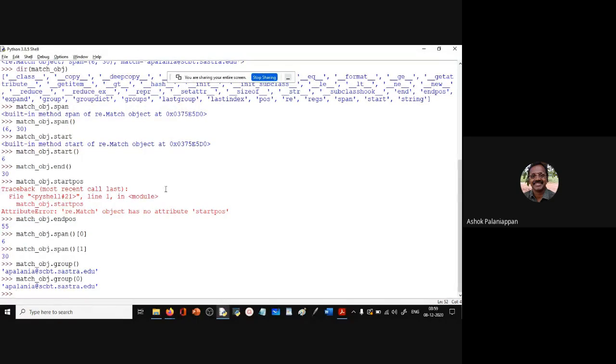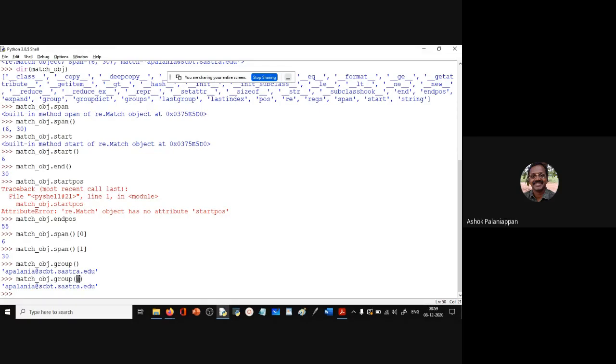Now you see the group can take a numeric argument. This numeric argument tells us which group we are trying to see. We have used only one set of parentheses here, but we can construct very complex patterns with multiple sets of parentheses. Then each parenthesis becomes a group, and the groups are numbered from left to right.